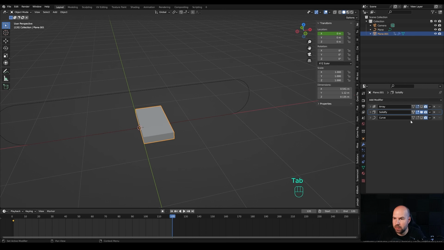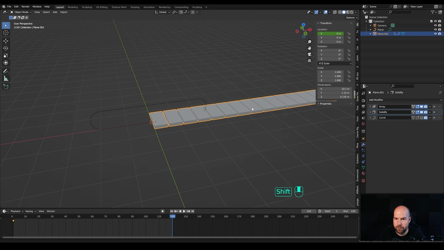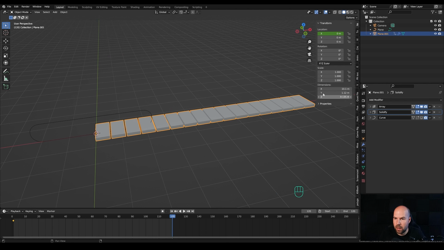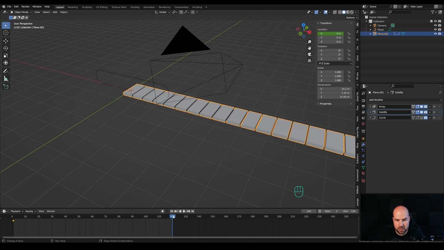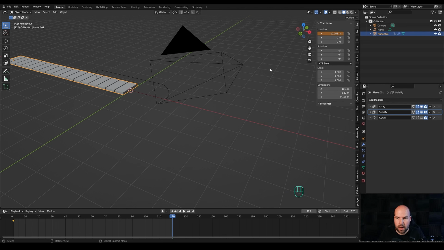So now if we tab out, let's enable the array modifier once again. And now we can see the dimension is still this number, but right now the origin point is here, so we can use this number. So let's select it, press Ctrl C. Now make sure you're still on frame 120, and let's enter that here. So minus, because we need to go to the negative direction, press Ctrl V and hit enter. And now we'll right click and insert single keyframe. So now we have this movement right here.